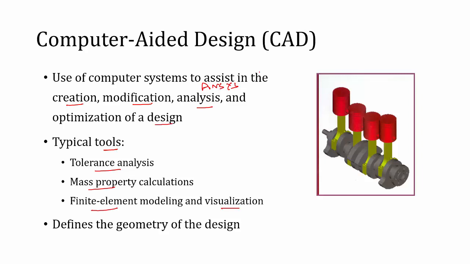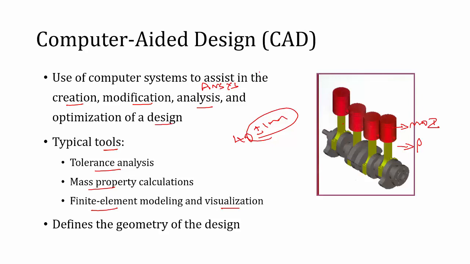Tolerance is the allowable deviation provided. For example, I want to manufacture a shaft of size 40 mm, but on the shop floor I cannot manufacture it exactly. So I will give some plus or minus 1 mm. This is called tolerance. Using your CAD software, you can perform tolerance analysis and calculate the mass properties. For example, here you can see a piston, crankshaft and crank arrangement. By specifying the material in the CAD software, you can calculate the moment of inertia and get the total mass of the component. Like that you can calculate the mass properties using your CAD software.